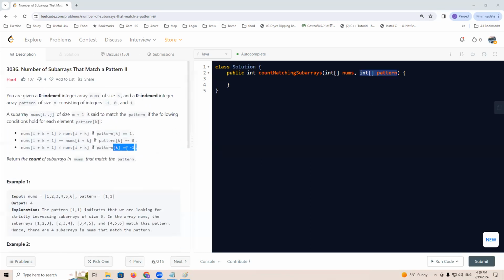Actually, I don't like negative numbers. So what I suggest is that for the pattern, we add 1 to all of them. For example, if greater, we use 2. If equal, we use 1. And if smaller, we use 0. For this question,